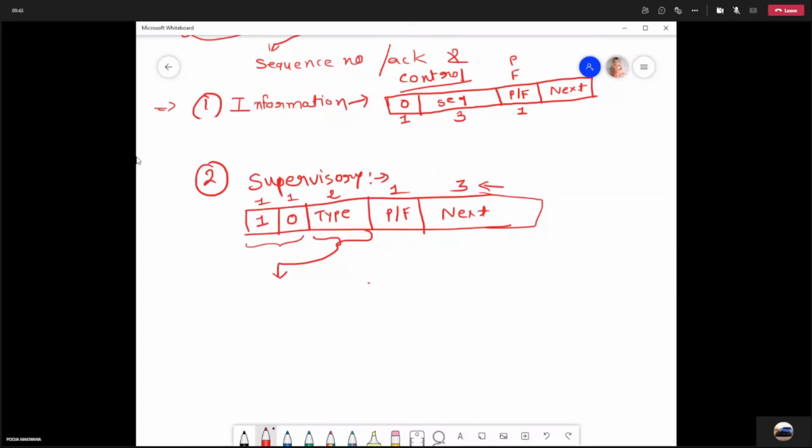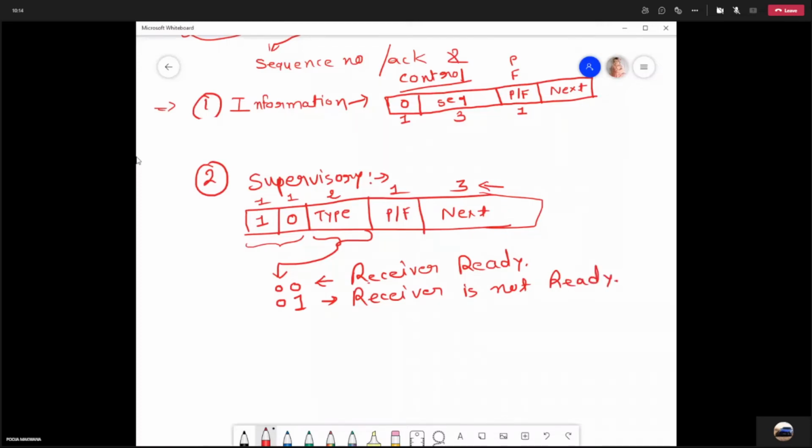Now if we look at the type field, if it is 0, 0, that means it is indicating that the receiver is ready, ready to receive the data. If the type field is set to 0, 1, that means the receiver is not ready.